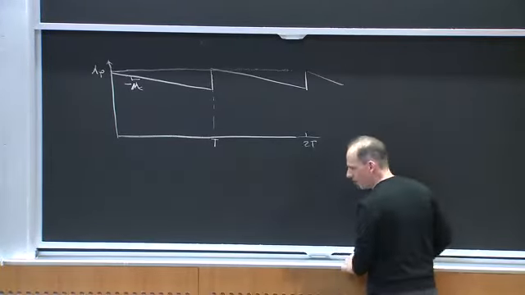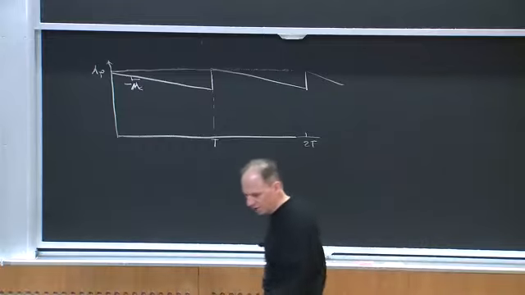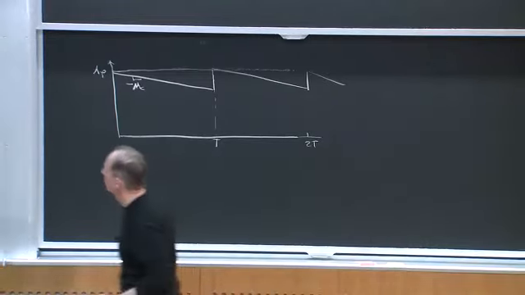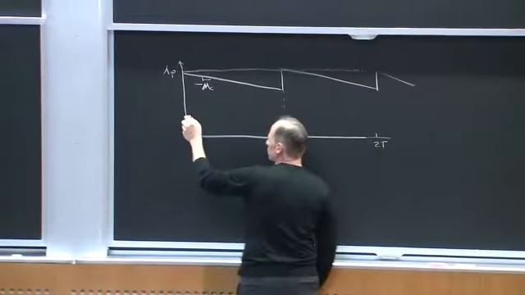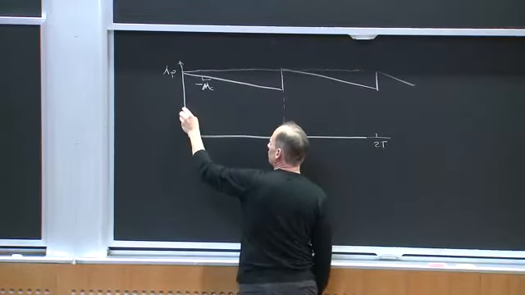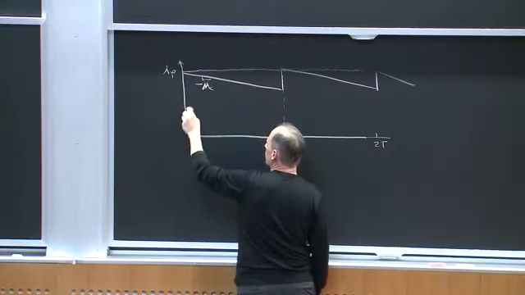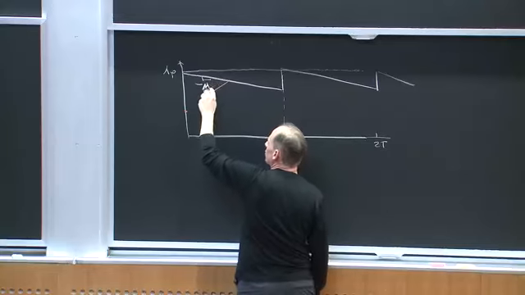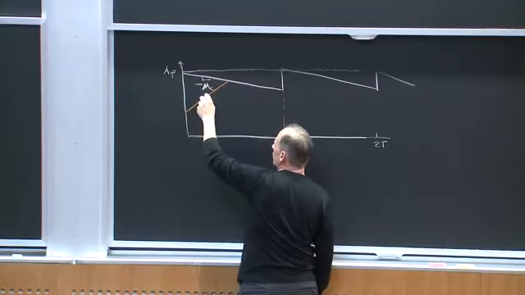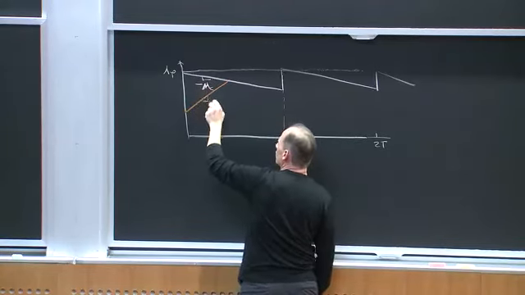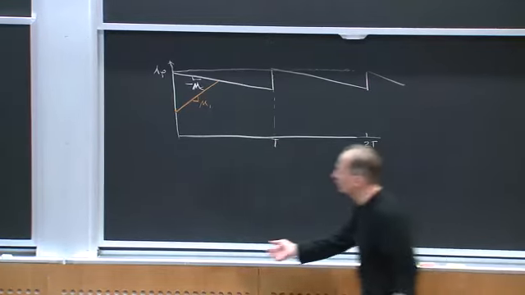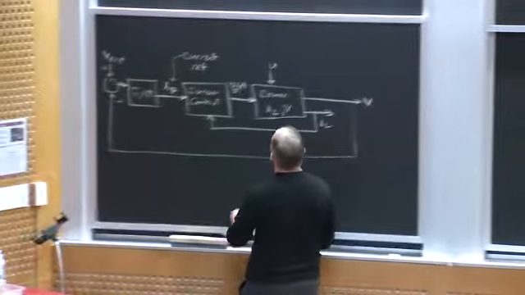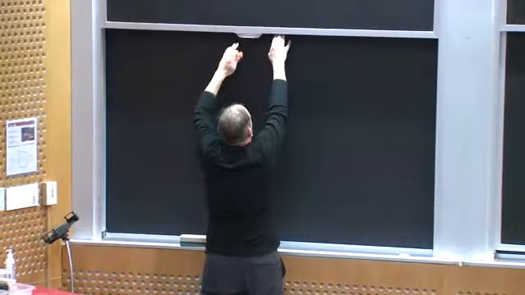Now, here's my inductor current. I'm going to sense IL, and at the beginning of each cycle I'm going to turn on the switch, I'm sorry, and the inductor current is going to rise with some slope M1. So at the beginning of the cycle, Q of t turns high,